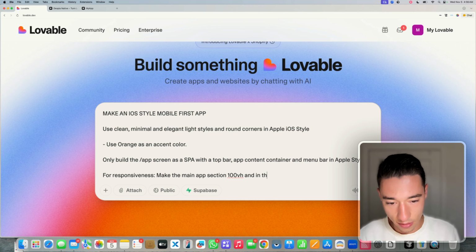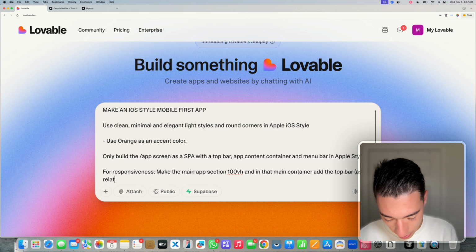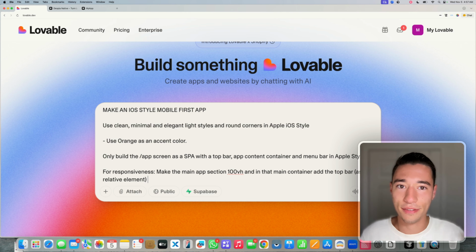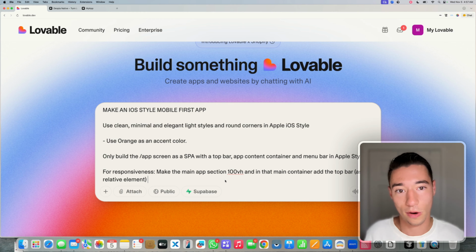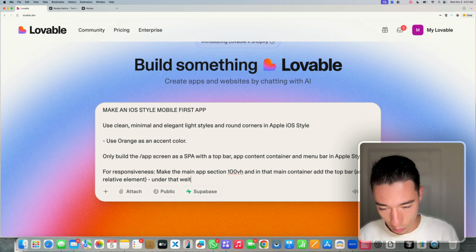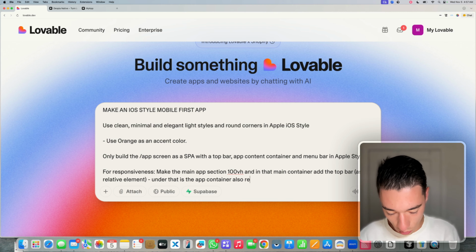And in that main container, add the top bar, very important, as a relative element. So it's relative, so it's not fixed and you don't have any funky cutoffs and all that kind of stuff. You can do it fixed, but I found that Lovable works better when you tell it to build relative stuff. Under that is the app container, also relative,